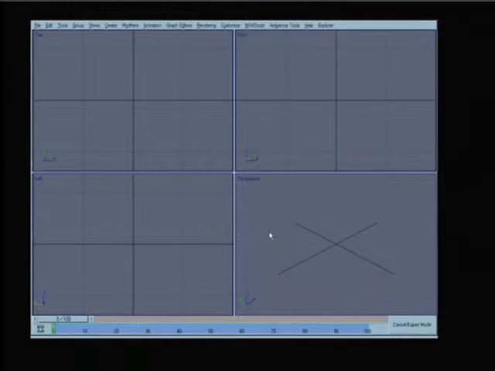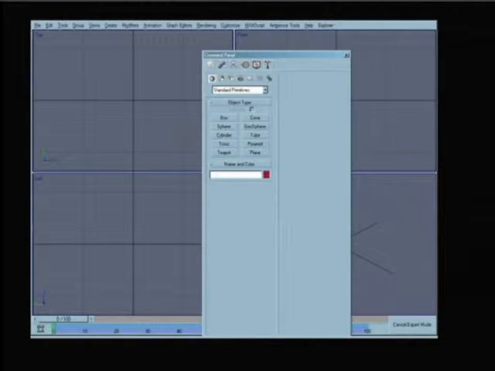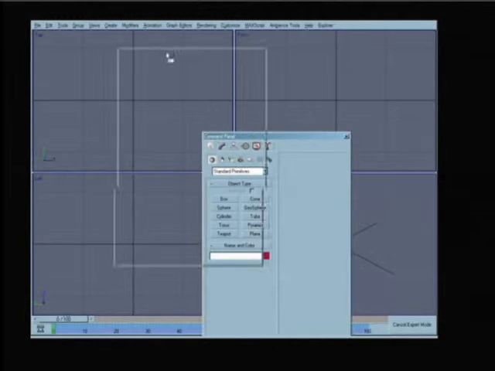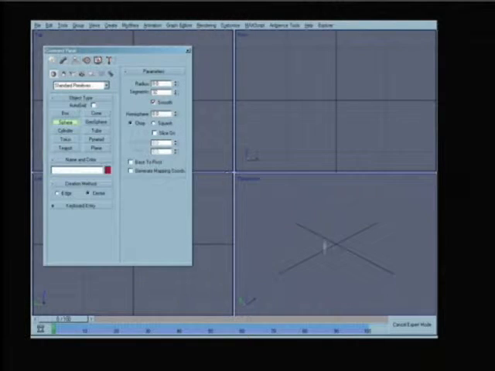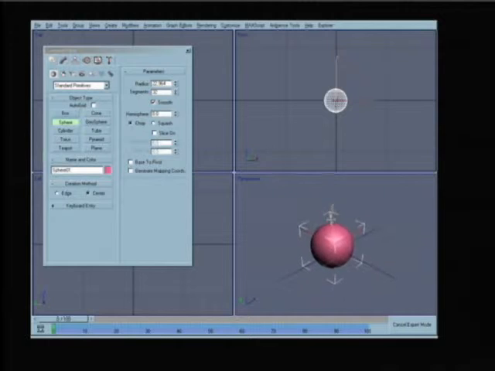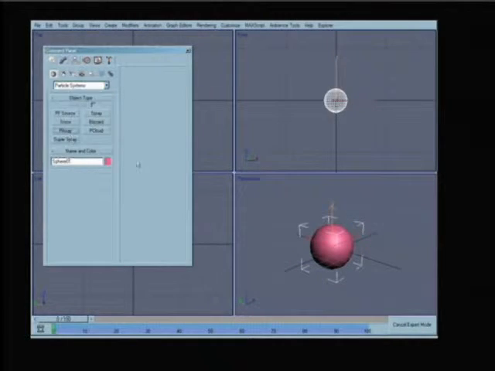Hi, I'm Al Mackay. In this tutorial I'm just going to give a quick rundown, a basic introduction to Max particle systems and what you can do with them. Just as a quick demonstration, I'll have an emitting object here, and actually just through the particle systems,